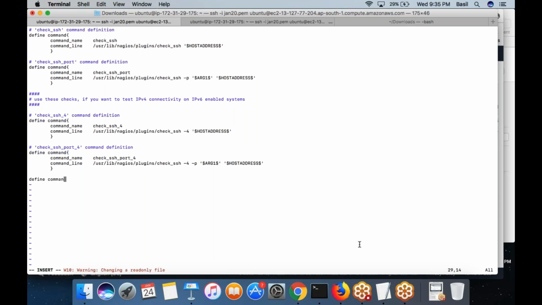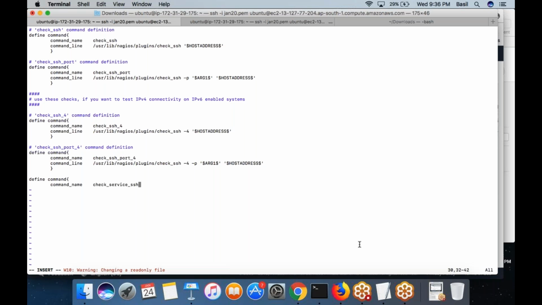Define command. What's the command name? Command name I am putting as check service through SSH. Check service SSH is the command Nagios would use.